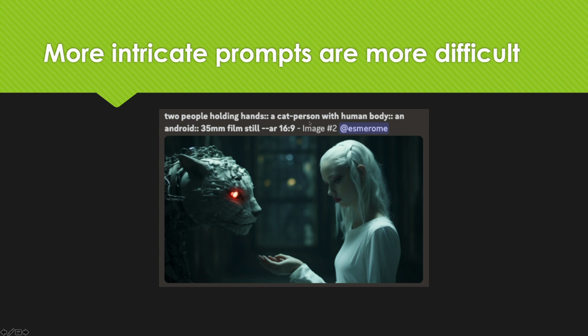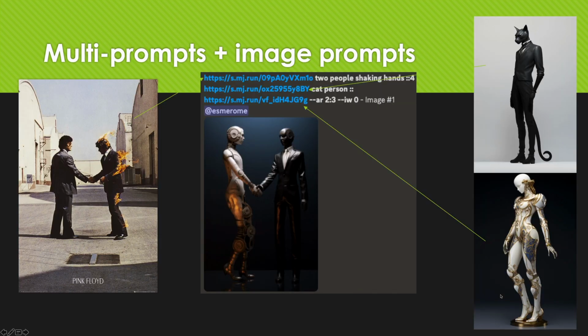So we've got 2 people holding hands, a cat person with a human body, and an android. Instead, we've got a cat android and this kind of strange-looking woman with white hair that's not quite there. You can use multi-prompts and image prompts to try to get an image. Here we've got 2 people shaking hands. This is our template from